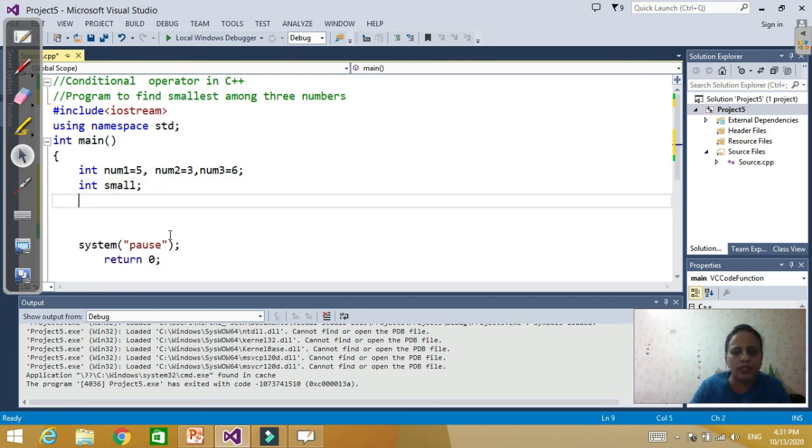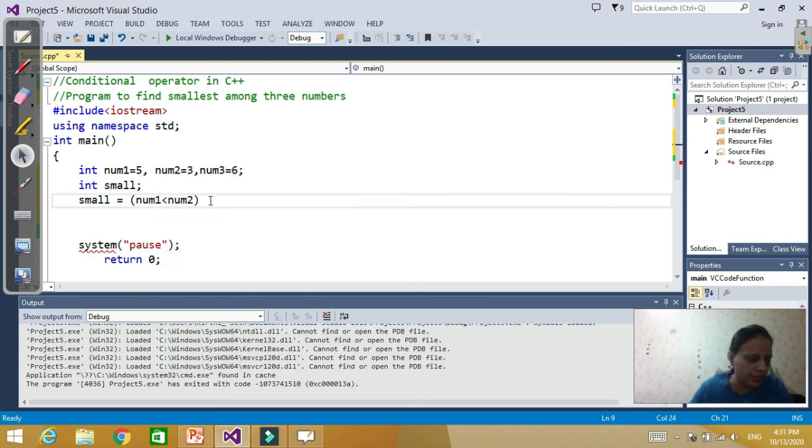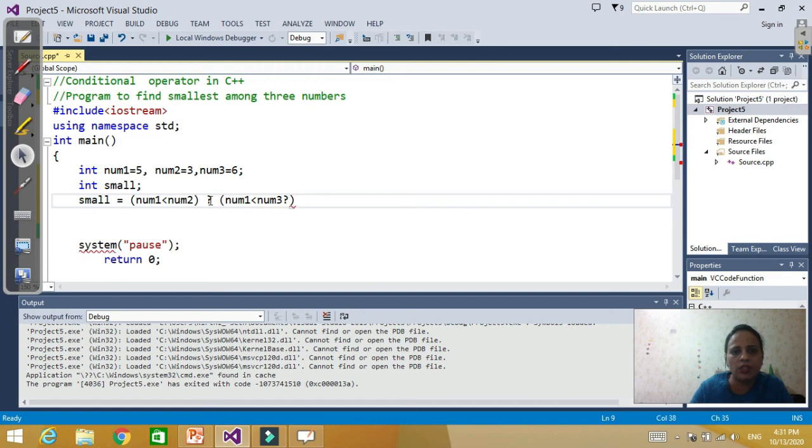So now small is equal to: if num1 is less than num2, then check if num1 is less than num3. If num1 is less than num3, then num1 will be the smallest one.